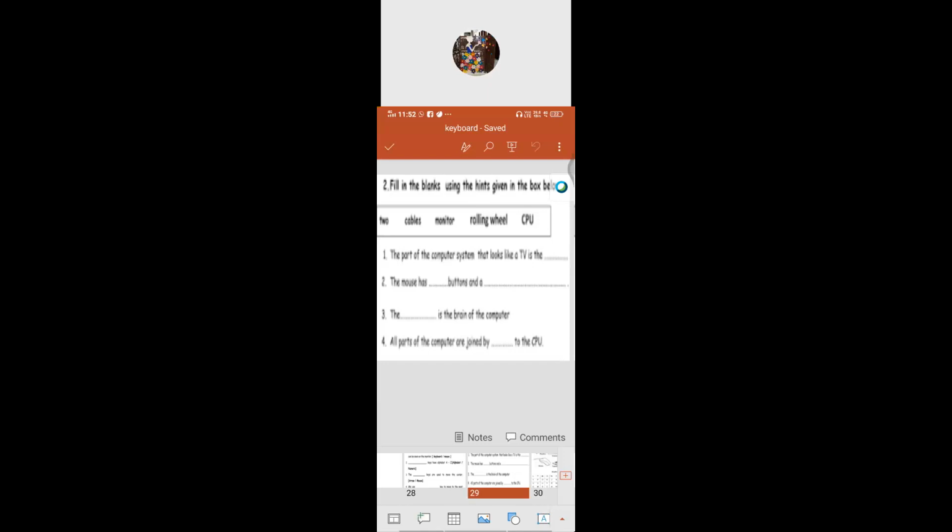Yes, Kailash. All parts of the computer are joined by dash to the CPU. Options are given in the boxes there, so just take it from that.